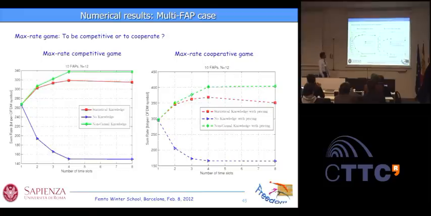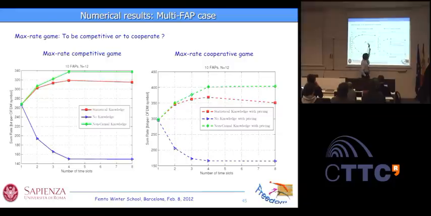Okay, now this will be the last two slides. I don't want to make you stand more than necessary. So the question now is to be competitive or to be cooperative, right? So what I compare here is the sum rate that we achieve in the purely competitive case and the sum rate that we achieve in the cooperative case here. Again, in the situation where you have perfect channel knowledge, no channel knowledge, just assume that the future is equal to the present, and with our Bayesian approach, the red curve.